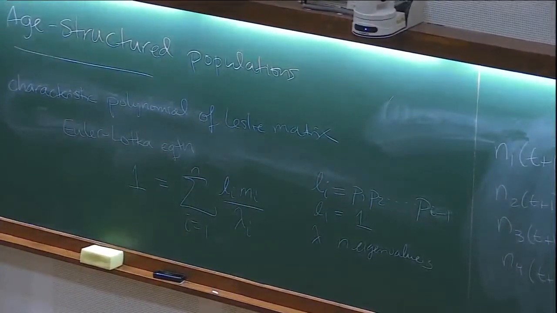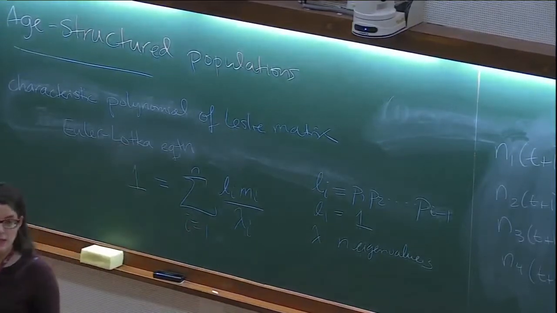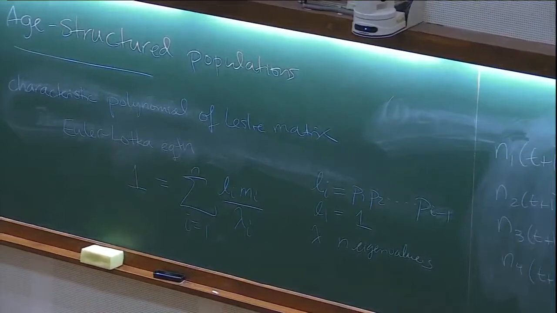I mean, you can always find the characteristic polynomial of any matrix, but for this case, it has a really nice, simple form. And that tells us something interesting, because, of course, the eigenvalues of this matrix control how fast the change in the different age classes goes. So the leading eigenvalue gives the growth rate for this particular case, which is a really nice result.